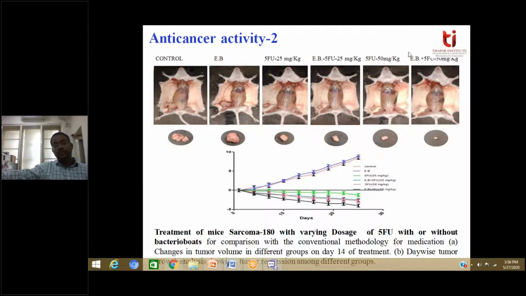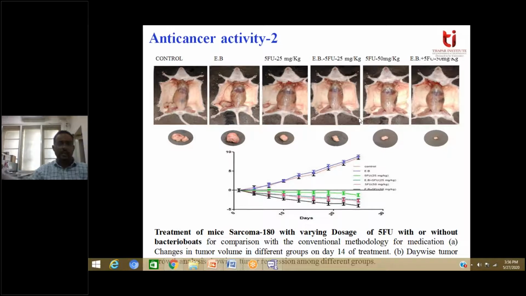But when we use the recommended dose of 5-fluorouracil or capecitabine for oral delivery, we saw a fabulous result. We saw almost 95% reduction of the tumor volume using the bacterial boat. And this shows the day-wise change of tumor volume. Now we try to analyze whether this is actually just decreasing the volume or